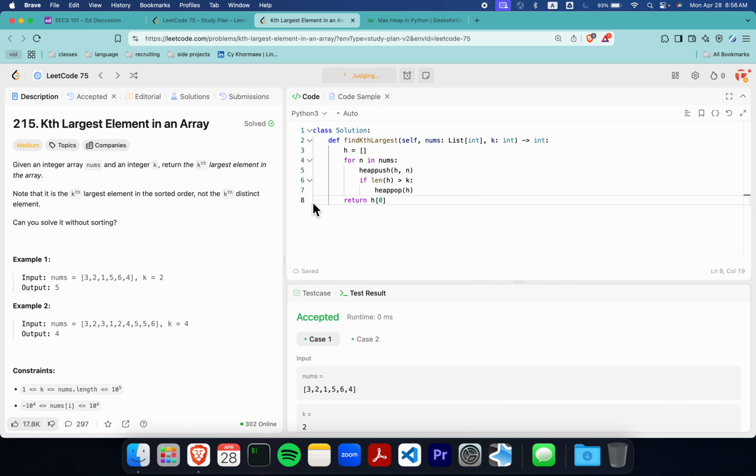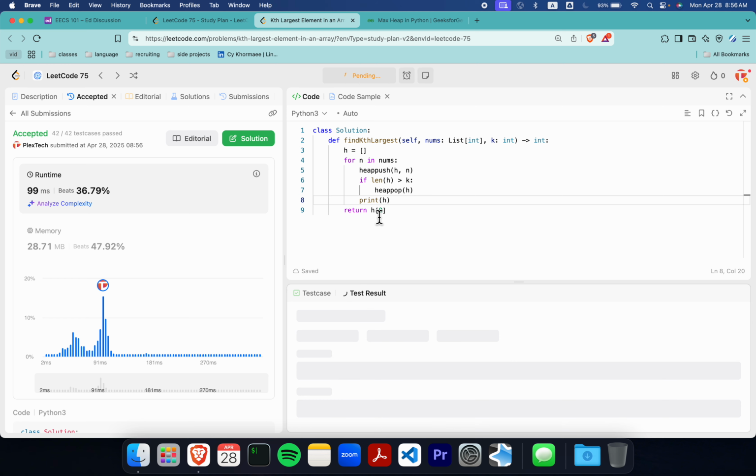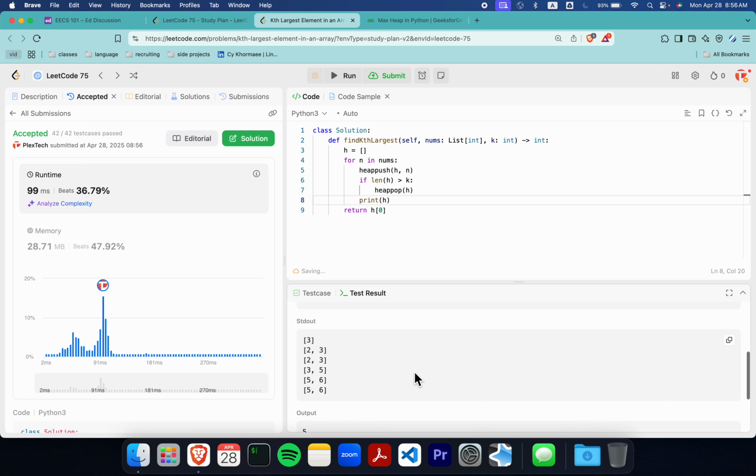There you go. And yeah, that should be the answer. And we can also check how the heap will look over time too. So yeah, what I said was we return h of k, but